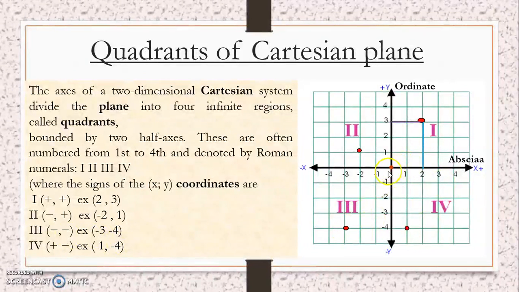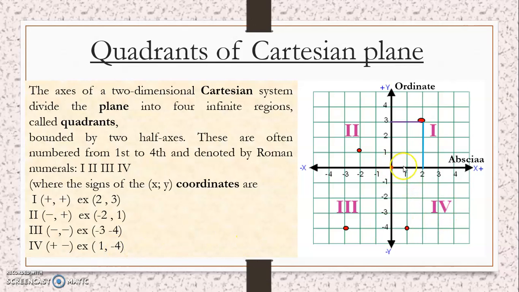From the reference point, that is 0, this minus 3 will be on the x-axis on the negative side, and this minus 4 would be on the ordinate axis in the downward direction, because above there are all positive y, but we need negative y, that is in the downward direction, minus 4. When you join these 2 points, minus 3 and minus 4, it is coming in the third quadrant. Okay, and then see the last one, 1 and minus 4.